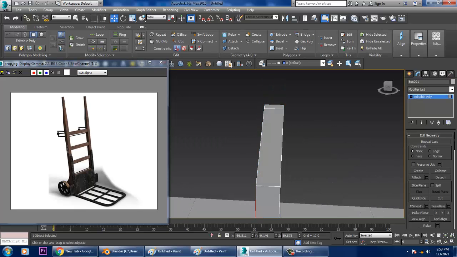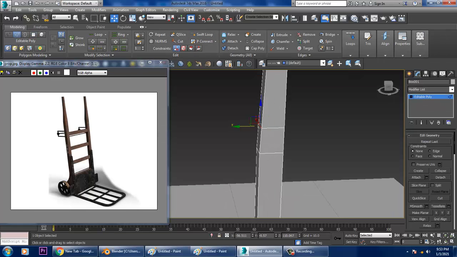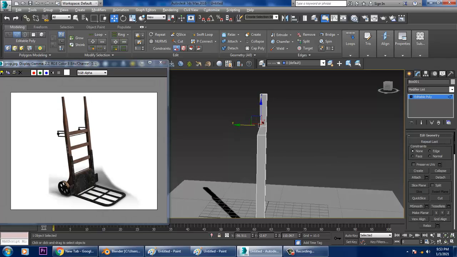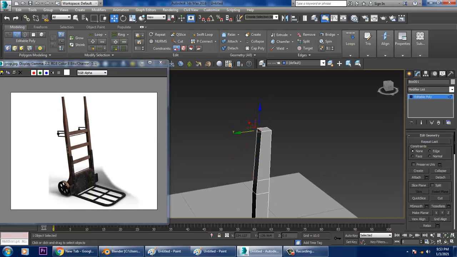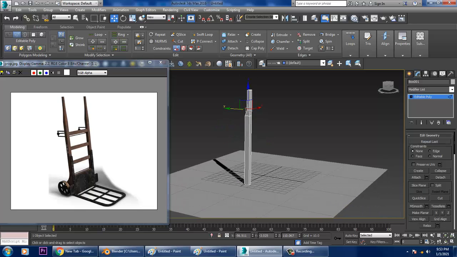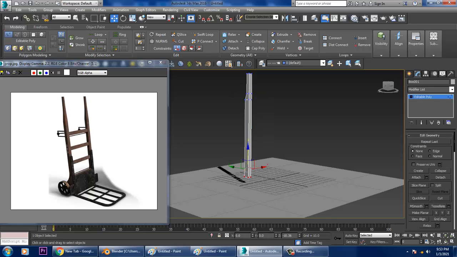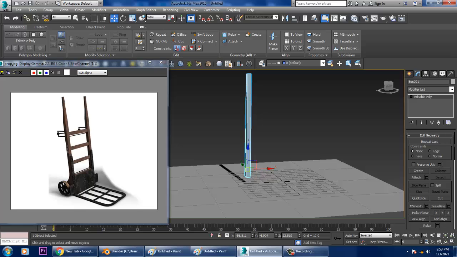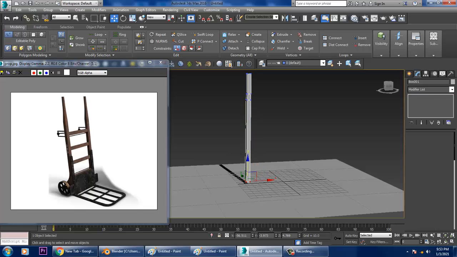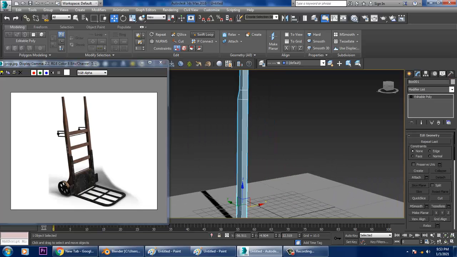select this, slightly push this up, and let's give one loop over here and select this, slightly shift this inside like this over here. After that, slightly push this up, drag it down, and let's copy this. So before we copy it, what I'll be doing over here is like, I'll be just